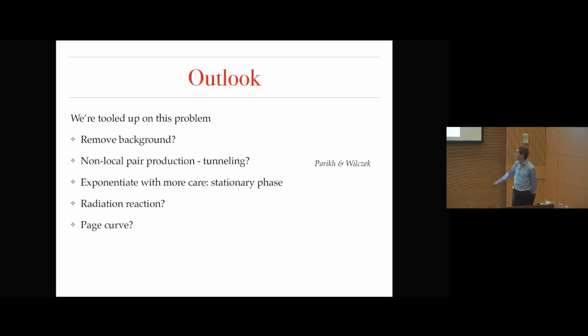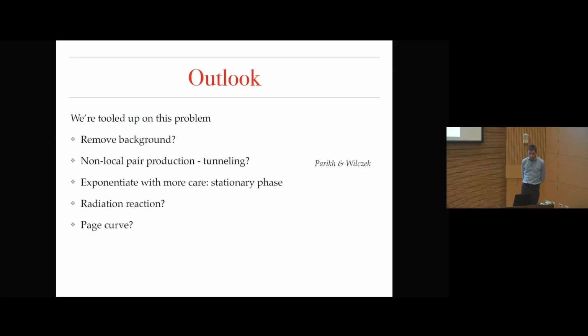Okay, and then some more random topics. We treated the exponentiation very simply. We know that we're doing geometric optics, so the exponentiation is more or less built in, but it seems to me that there should be a more detailed story about how that exponentiation works. Again, a little bit like what happens in the eikonal and stationary phase approximations, which classical physics emerges from.